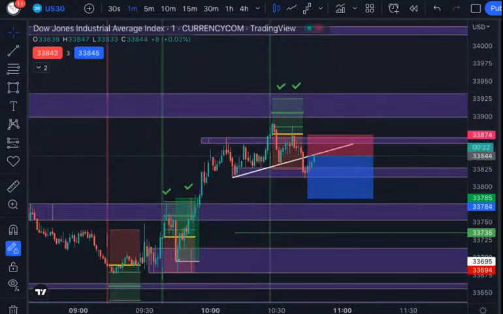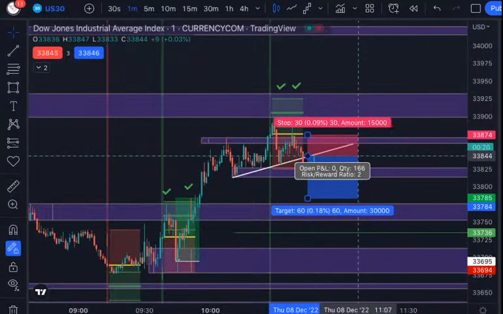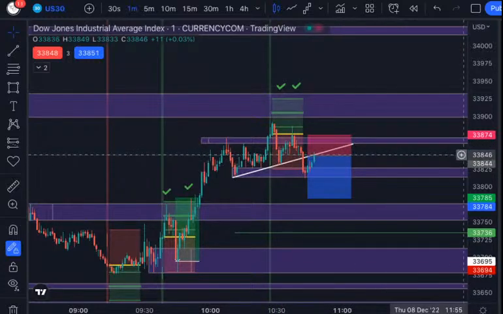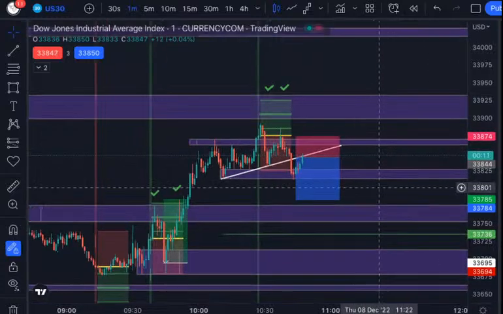All right, the short position could be active right now. I'm going to do no paper trade. I don't want to make the screen too messy, but